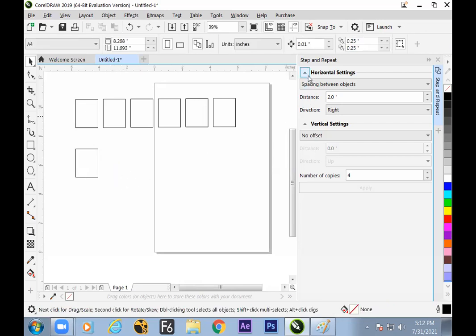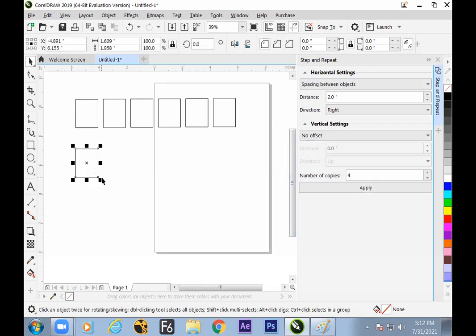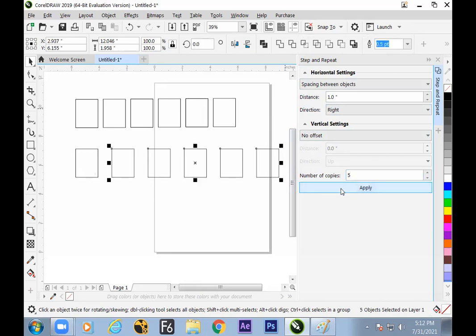Exactly the same way, the options are available in Step and Repeat. For example, select the object and ask the software: at a distance of 1 inch, we need 5 copies on the right side. Distance 1 inch, direction right side, 5 objects.